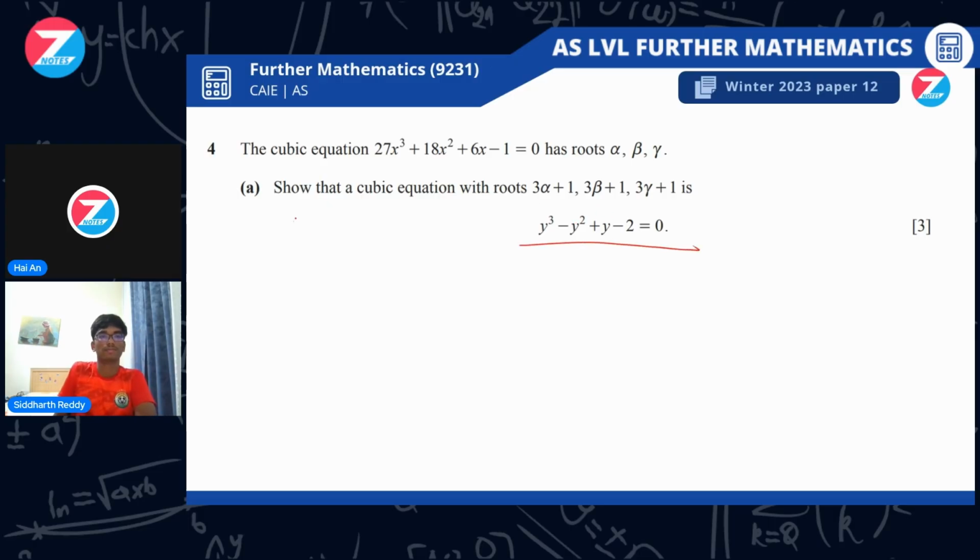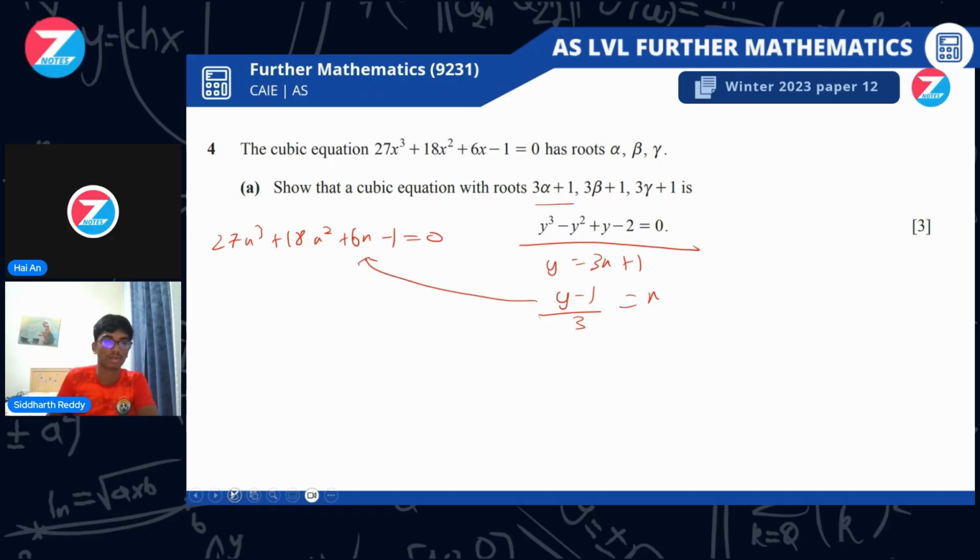Okay, so let's do this. We got 27x cubed plus 18x squared plus 6x minus 1 is equal to 0. So let's say y is equal to 3x plus 1. So comparing with these roots, y minus 1 by 3 can be said to be equal to x, right? So let's substitute this over here for all the x's. Okay, so we get